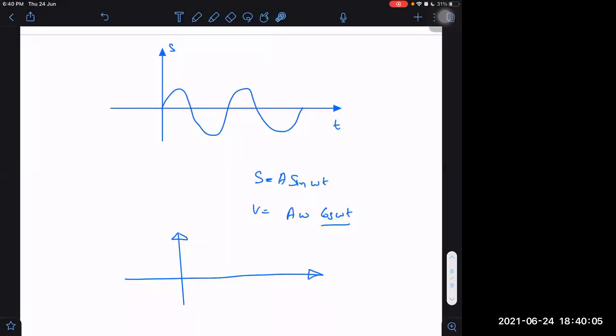Don't think that there is some physics involved in it, and it could be any variable. It could be s versus time. It could be frequency versus time. It could be any variable. All the rules will always be the same. Okay. Understood? Yes, sir. All right. So this is how this velocity versus time graph will be.